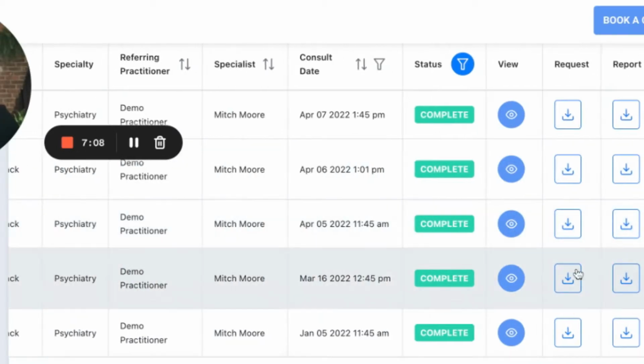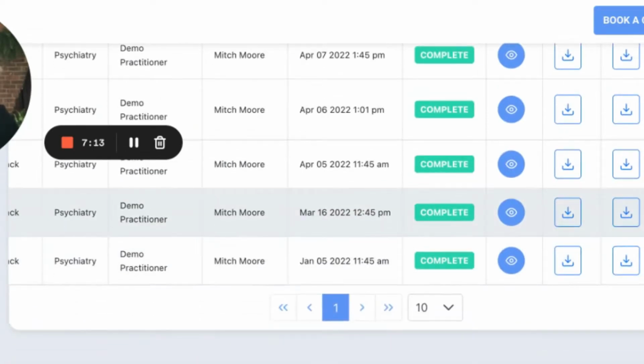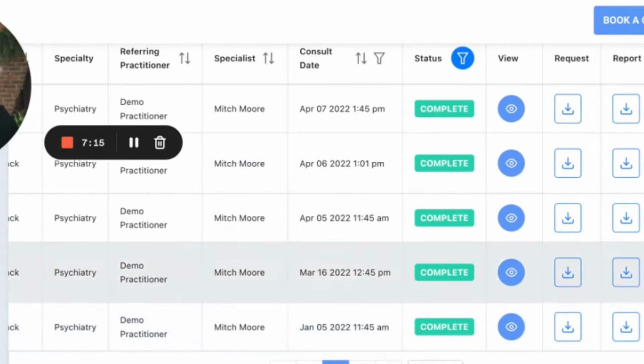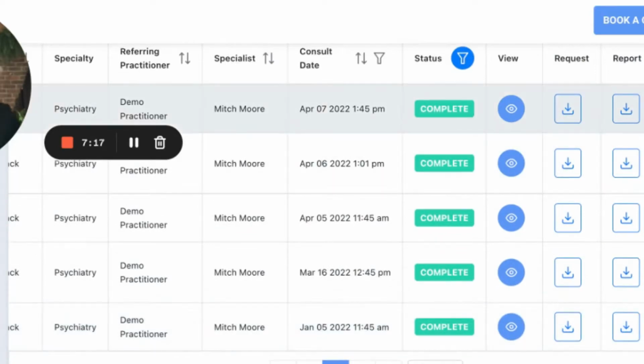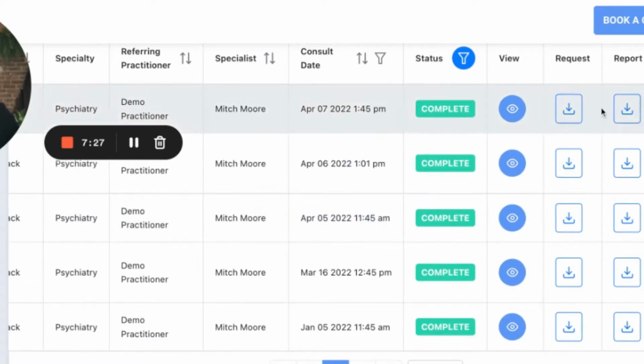And for all of the ones that you've downloaded and uploaded into an EMR, you can just make a note. So these are all blank spaces right here that you can write whatever you'd like. So if there are different office managers or administrators working in one practice group account, you can keep track of your work. And also as